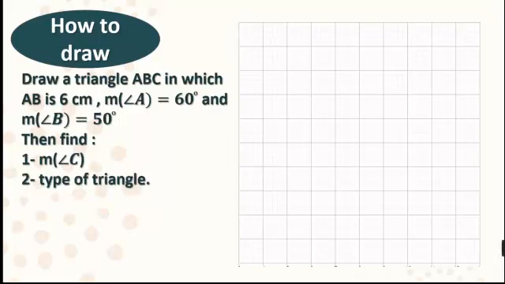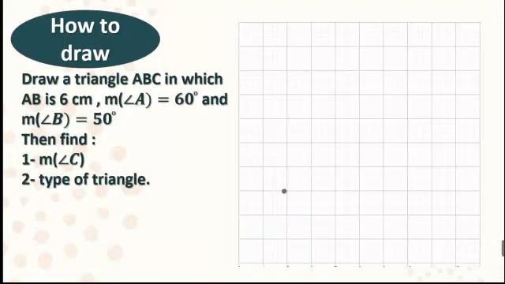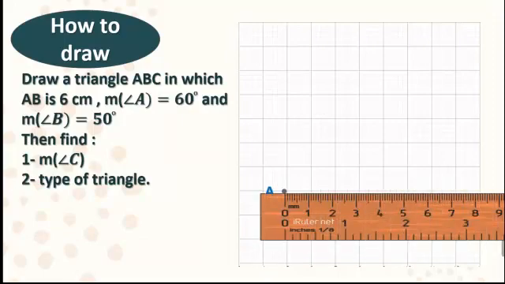To draw a triangle that has the length of one side and two angles, I will do the following. First, I will need a ruler and a protractor to draw the triangle. Let's start together. First, I'm going to put point A, and with my ruler, I will measure 6 centimeters, because AB is 6 centimeters. I will reach 6 centimeters and put the other point, which is B,